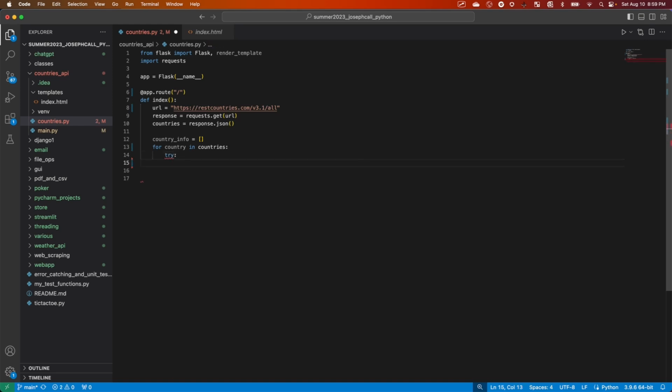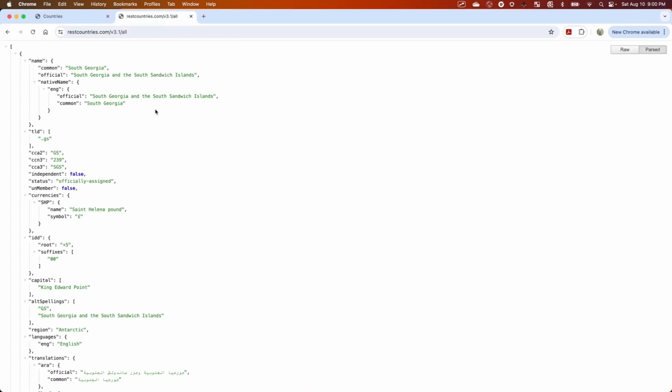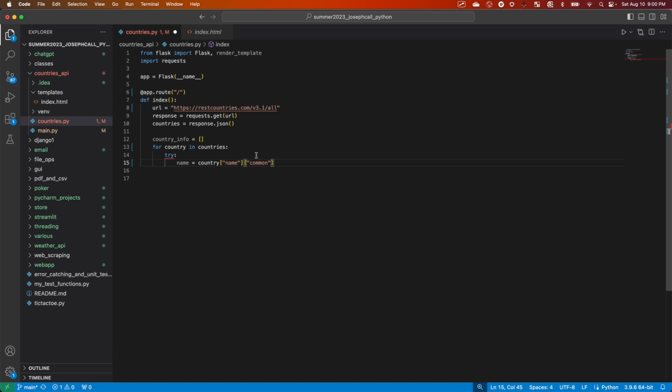So for country in countries, from our response, try name equals country name common. So that piece of data will be the name key, which is a dictionary for us, and then the common key within that name key. The value of that will be South Georgia in this instance. So for every country, we'll pull the actual name,